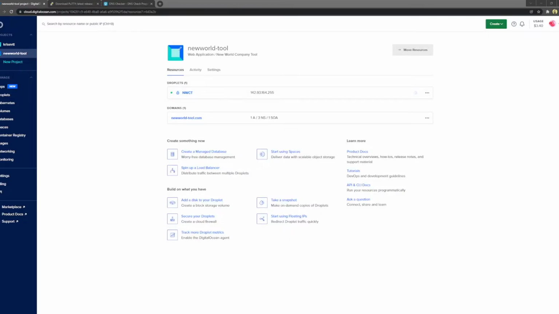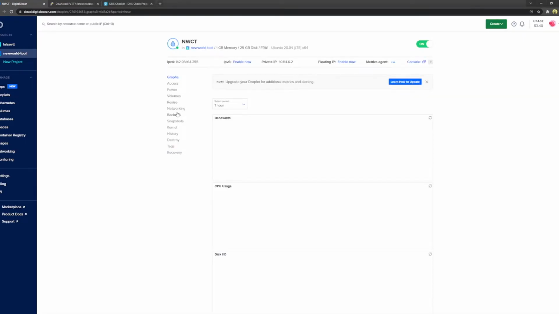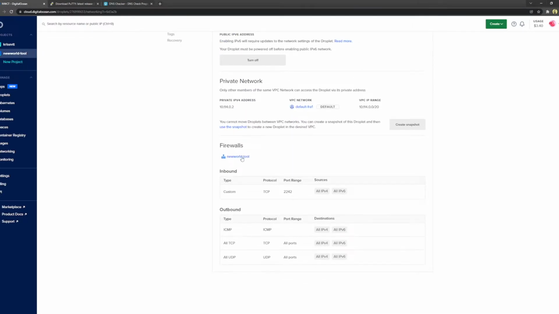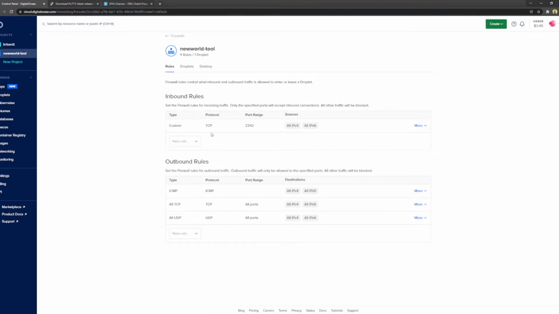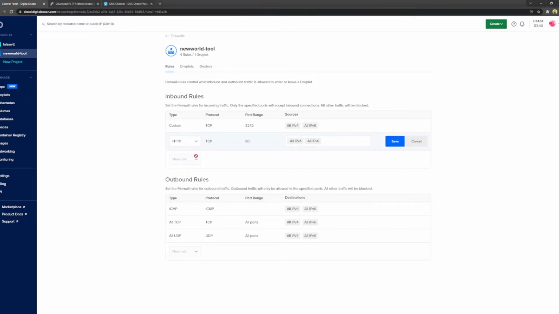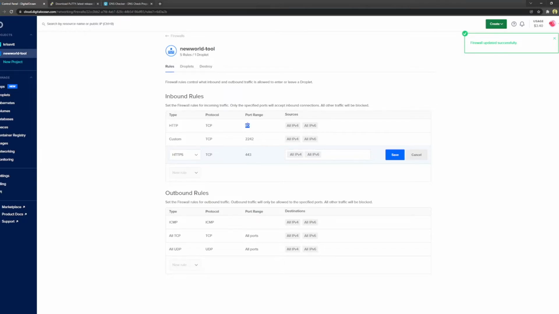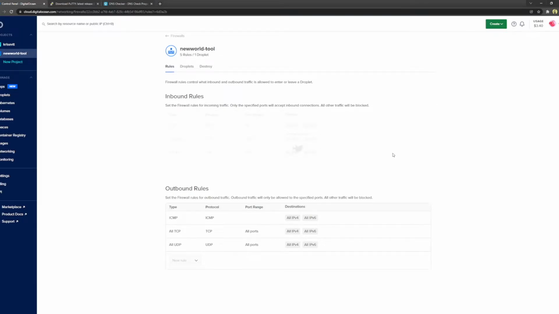Okay, so back here on DigitalOcean, we will select our droplet right here, go to networking, and here we have our firewall, which I will now edit. And I want a new rule, which is HTTP, save, and HTTPS. So port 80 and 443 as we've configured before. Save this, and I think we need to